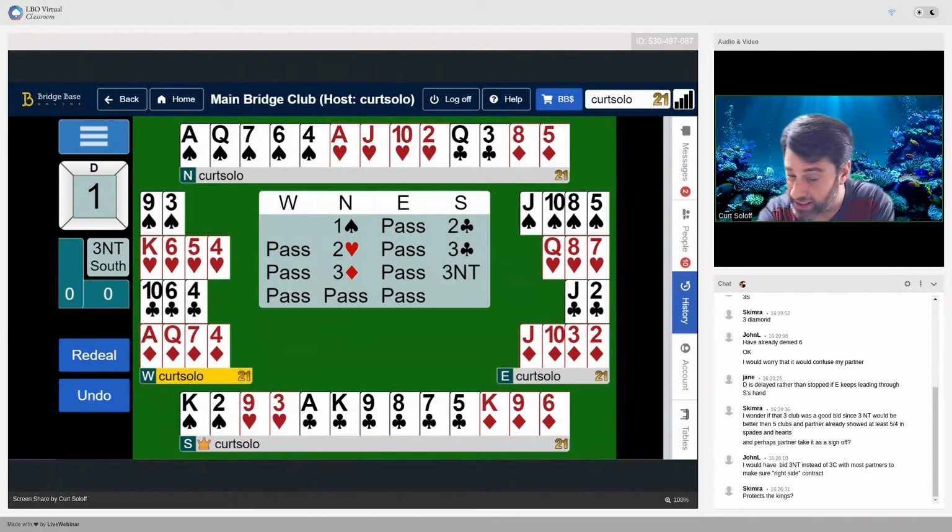Now, luckily, diamonds are 4-4, right? So if North were to declare 3-0, 9 tricks can be taken, but you might be sweating. Because if East was leading from Jack 10 third and West had Ace Queen fifth, now we have a problem,